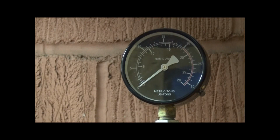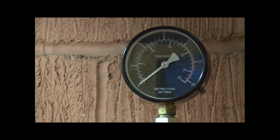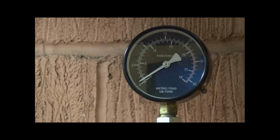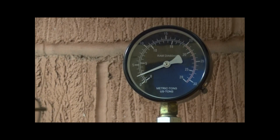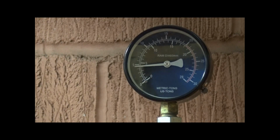Now I've sorted out the leak at the back, just tightened it up. Let's put this under pressure. And it will settle until everything's tightened down. But now I'm pushing on the big lever and it's a bit of a strain. Go to the small one and it's easy to push it down because of the difference in the diameter of the pump. And you can see it's 5 tonne, 6 tonne,